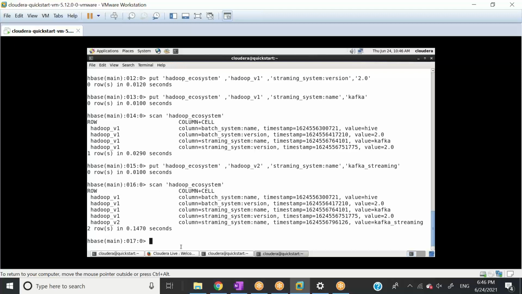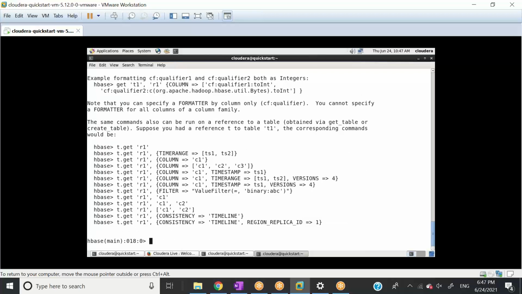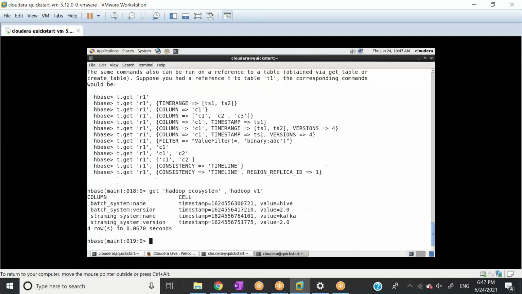And if I want to select only one row ID, I'll use get. Scan goes for a full table scan. For get, I say get from which table? From the Hadoop_ecosystem table. Which row ID do you need? Let's say Hadoop_v1. Oh, the comma is missing. I always miss the comma, sorry.